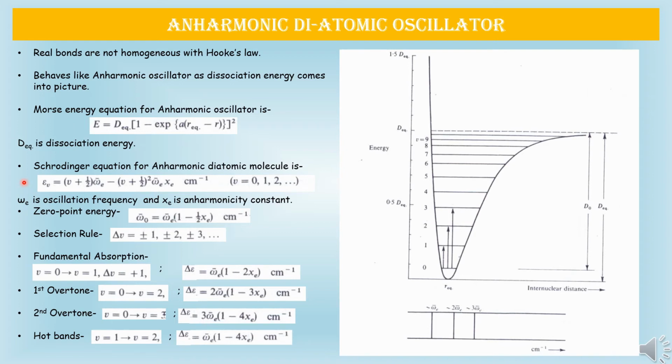In a hypothetical situation of V equals minus half, omega bar is equal to omega e bar. This shows that at lower values of the vibrational quantum number, the anharmonic oscillator can be comparable with a harmonic oscillator. But the zero-point energy for the anharmonic oscillator is different from the harmonic oscillator, which is also shown in